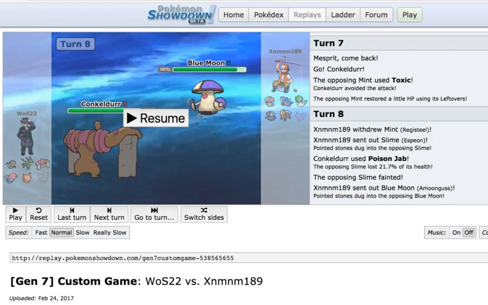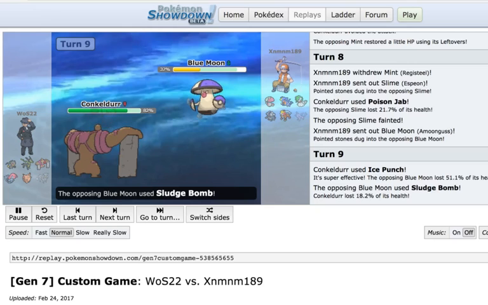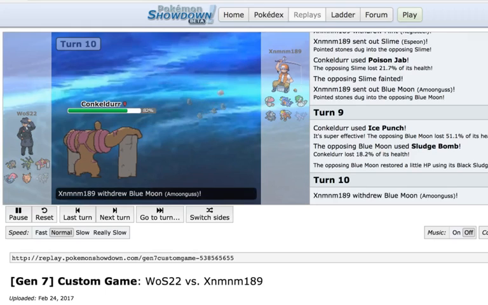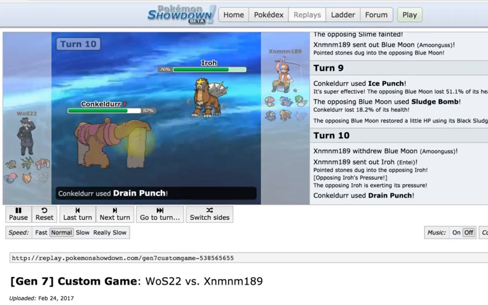I was thinking about it for a little bit. I was like, maybe switch in Mega Banette. I wasn't sure. I'm just going to stay in and Ice Punch, and I get off a huge amount of damage, which means he's mainly specially defensive because it 2 shots. Gets off Sludge Bomb, and once again Regenerator. I'm going to predict him to switch out. I'm just going to fire off a Drain Punch, get my health back, see what he wants to bring in, and